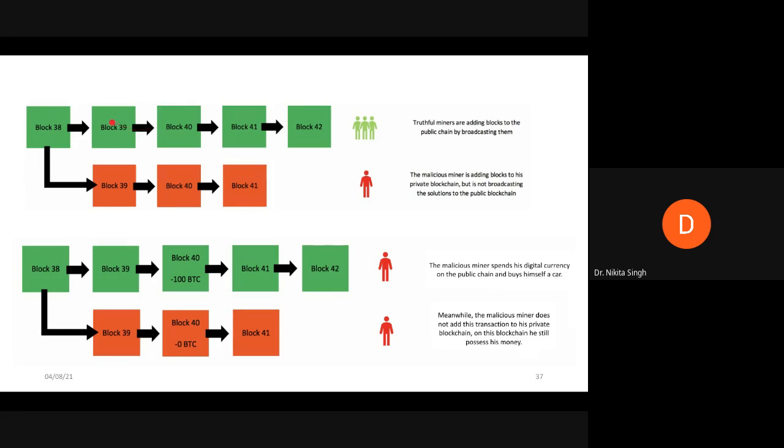So here in the first blockchain, the one in the green color has honest miners that are working on it to create blocks. So we have block 38, 39, 40, 41, 42. So these miners are adding blocks to the chain, and they're also broadcasting them on the network. Now, meanwhile,